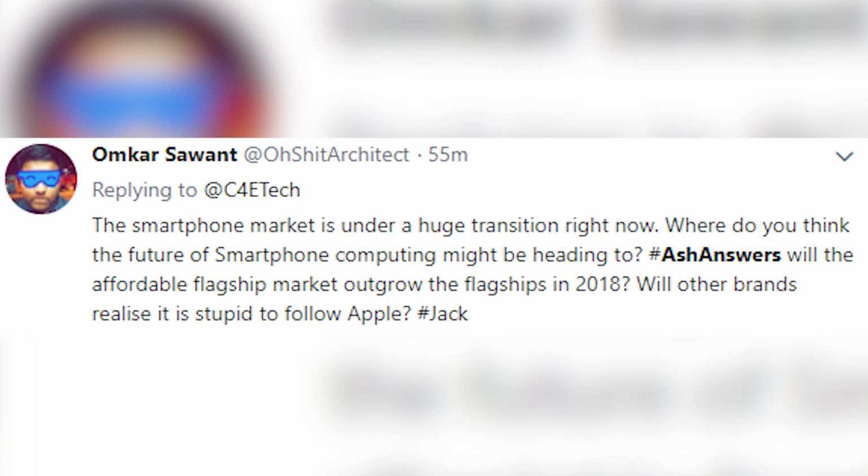The smartphone market is under a huge transition right now. Where do you think the future of smartphone computing might be headed? Will the affordable flagship market outgrow the flagships in 2018? Will other brands realize it is stupid to follow Apple? It's not about following Apple now. If you look at Samsung versus OnePlus, Samsung does spend a lot more on R&D than a brand like OnePlus or even Xiaomi. Where you look at Xiaomi and OnePlus, they're taking